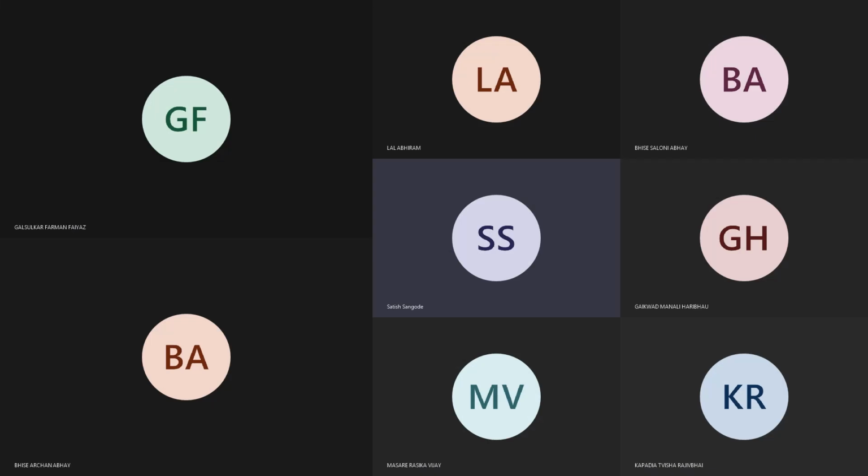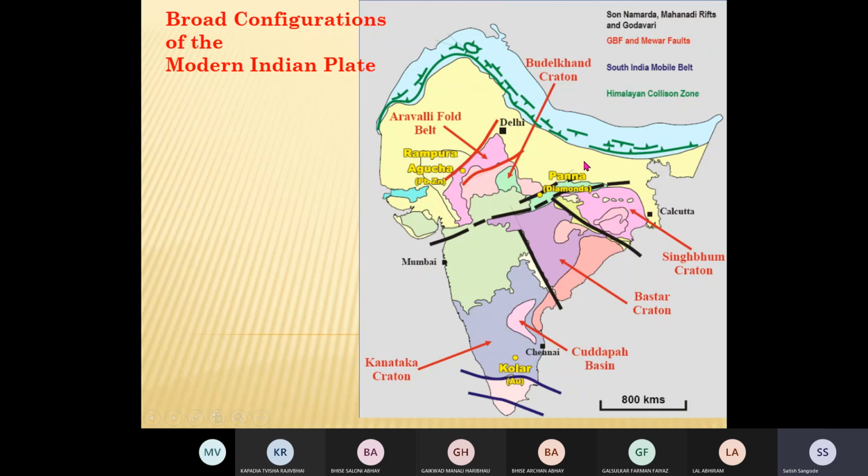That information is also available. So if you want to define the tectonic framework, if you want to learn about the tectonic framework of India, these are the components that we have to understand: how they interacted, what is their own geodynamic history,